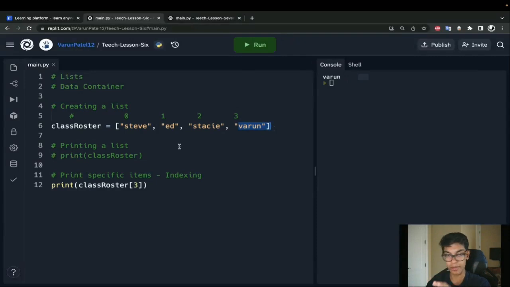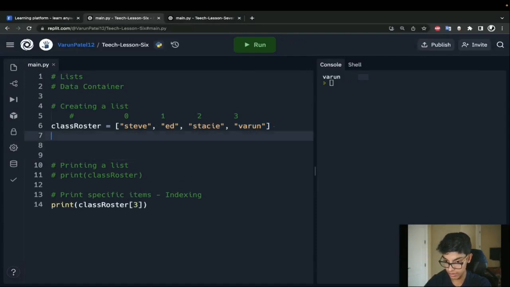From that, we can pull the pattern that the index is equal to the item's position in the list minus 1. Let's try to use this formula and see how that works here.